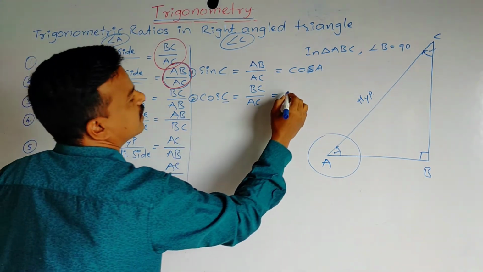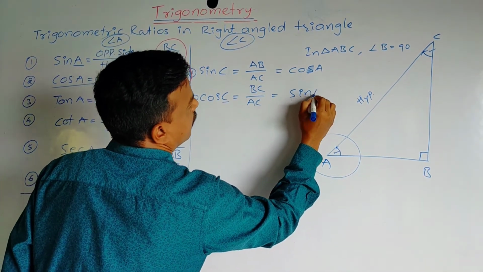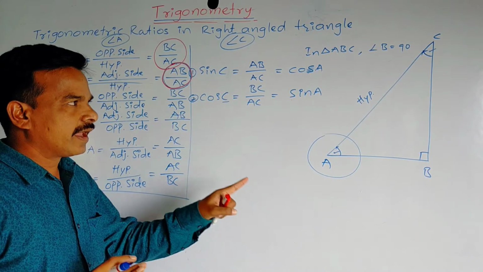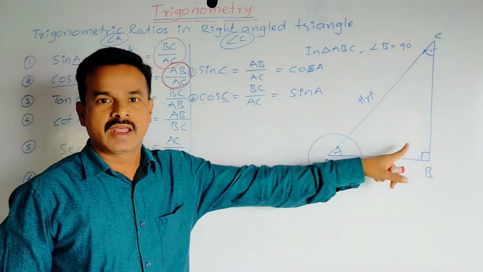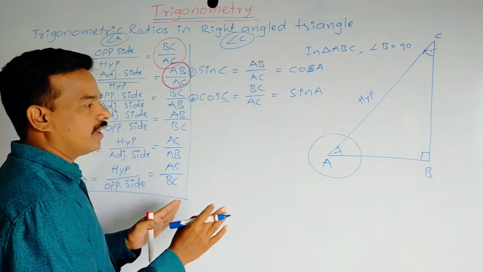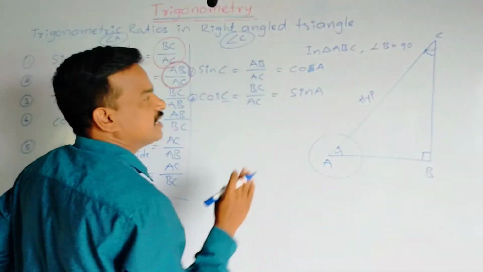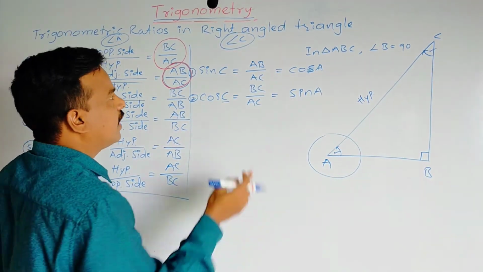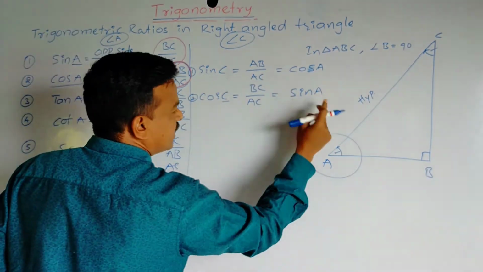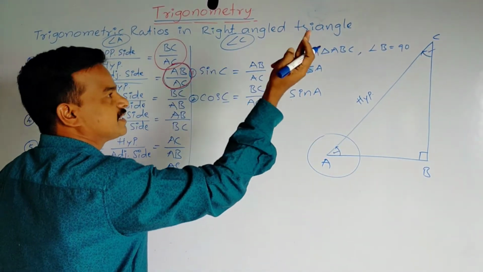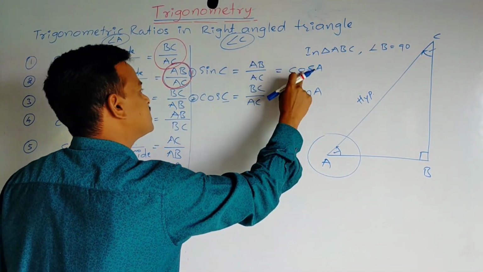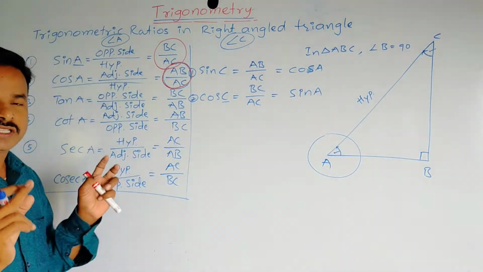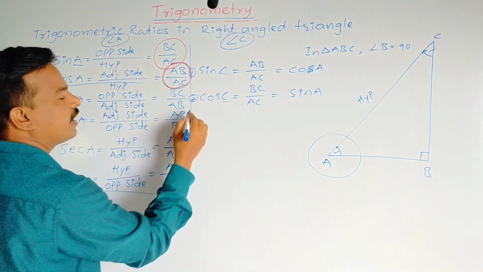Also we can write sin A. That means in a right angle triangle ABC, right angle at B, then angle A and angle C are acute angles. Then sin A is equal to cos C, and sin C is equal to cos A, or cos A is equal to sin C. This is very important. And third one,